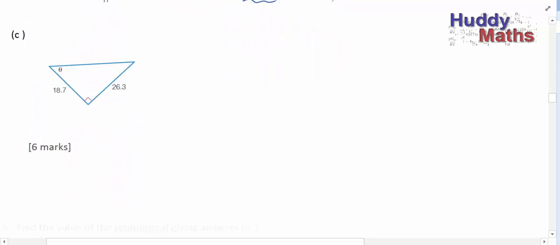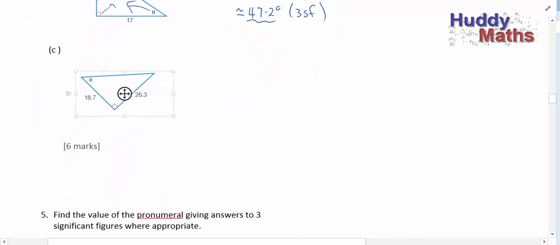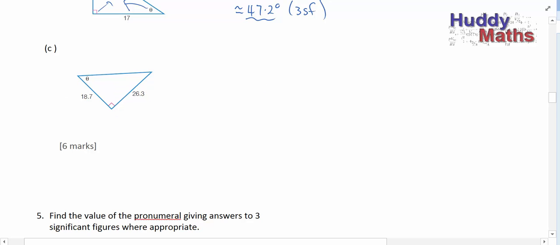All right, so part C. Here we want theta, the 90-degree triangle. This is the opposite. This is the hypotenuse. Okay, opposite the 90, opposite there. So this is the adjacent. Don't get confused with that. So here we can say that tan of theta equals 26.3 over